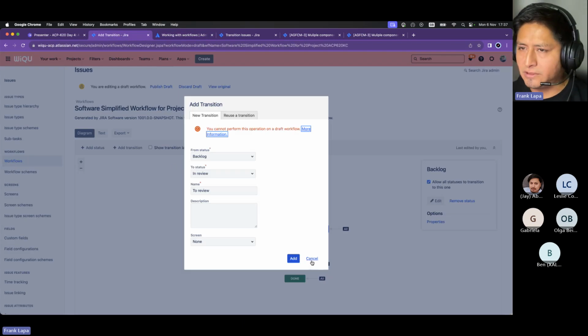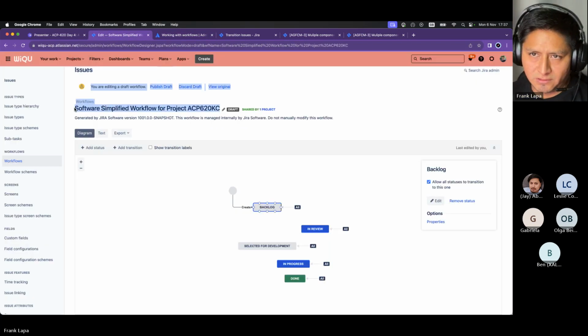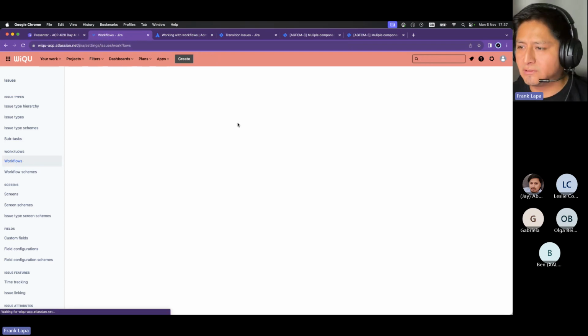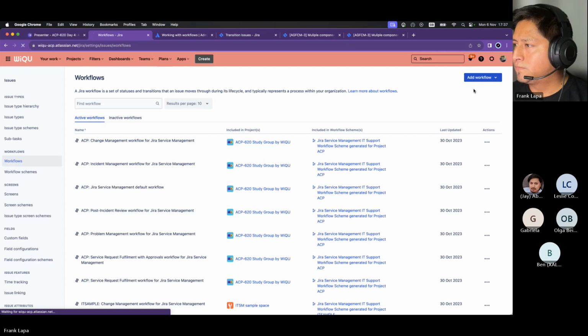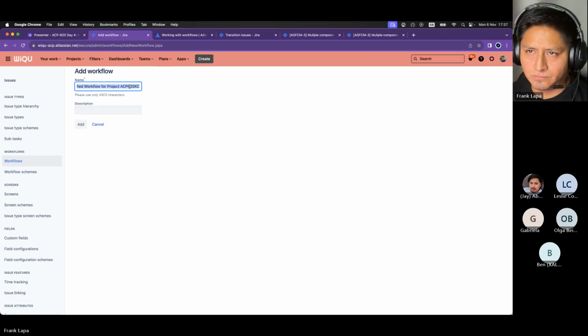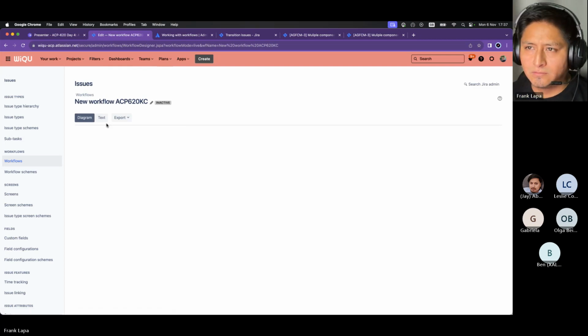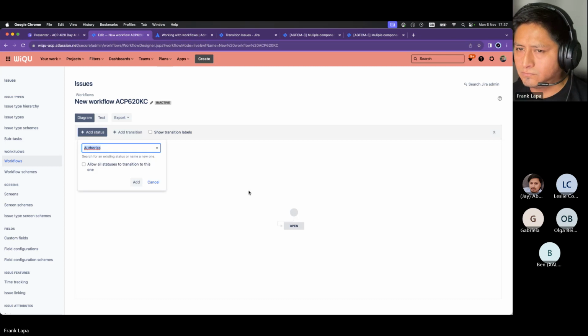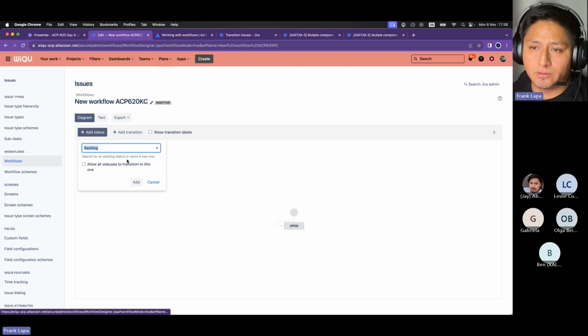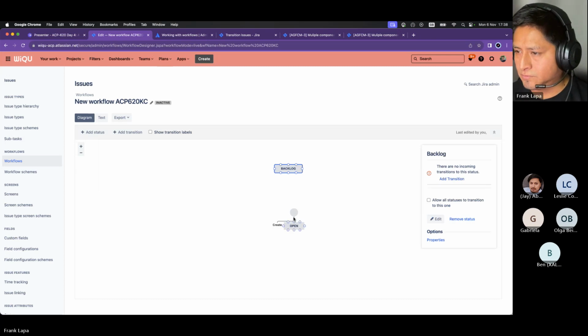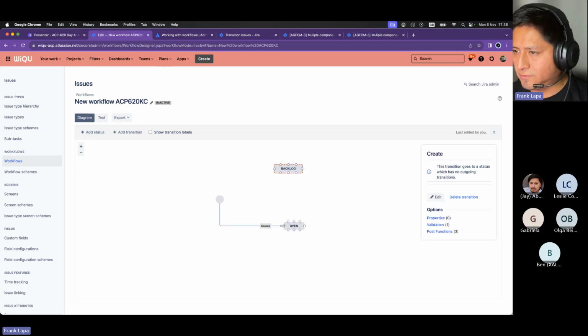Okay, let me create one new workflow and see if a new workflow works, and then we can match the status. Workflow. I'm going to include backlog. I'm going to create a window. So I have